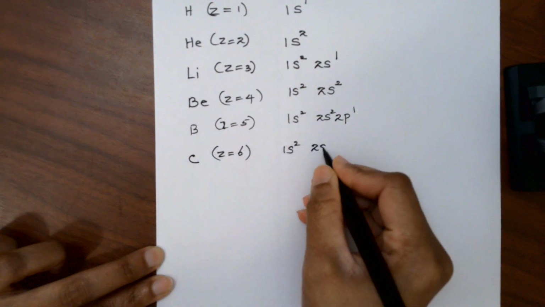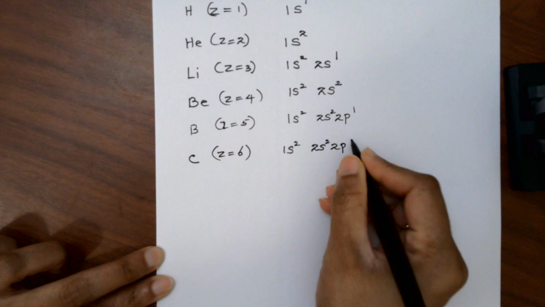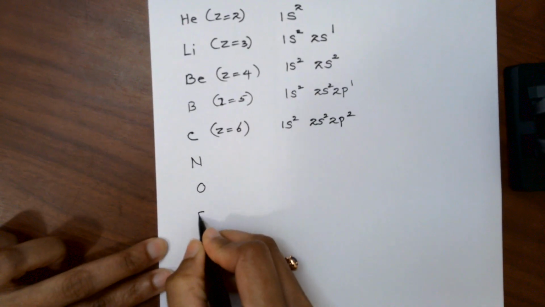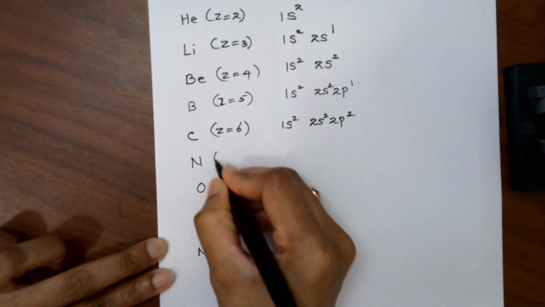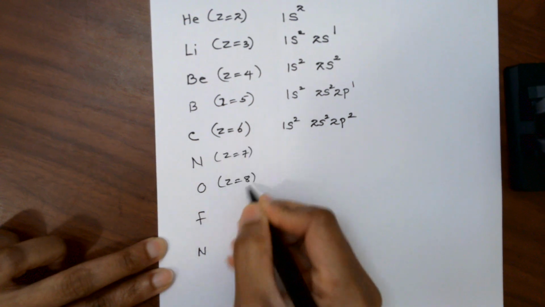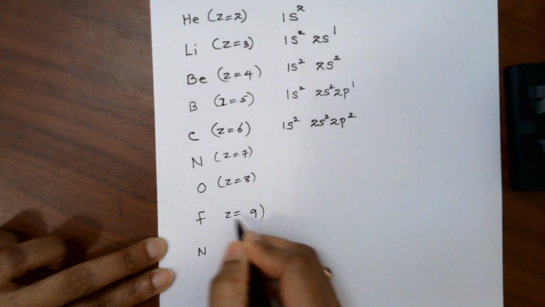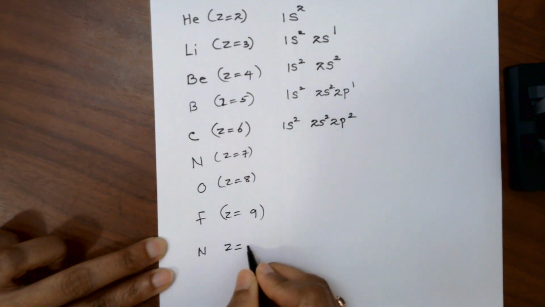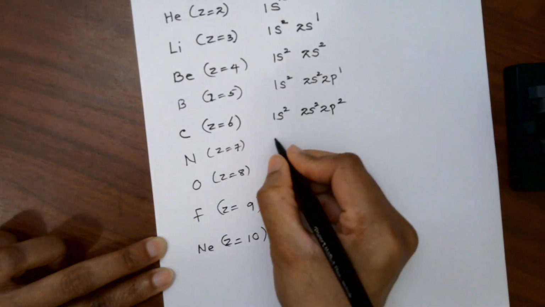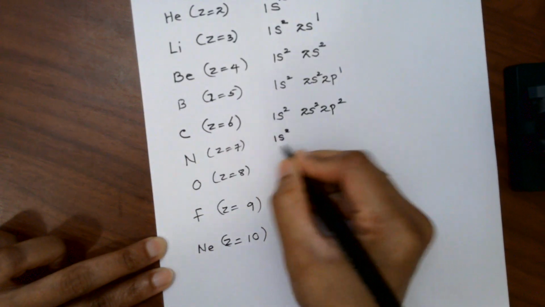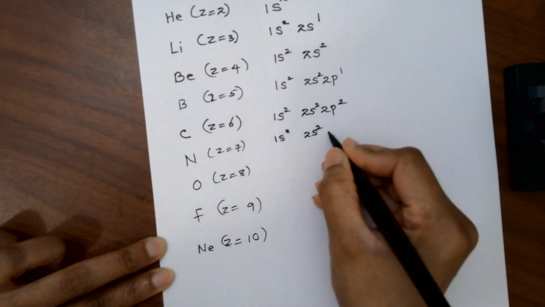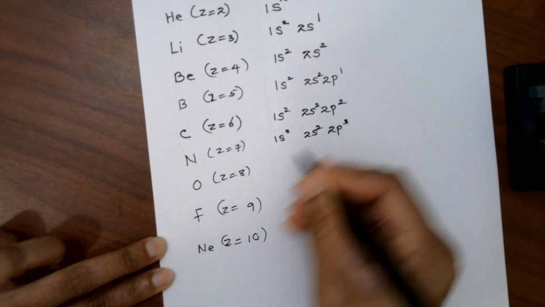1s2, 2s2, 2p2. And then nitrogen, oxygen, fluorine, neon. Z equals 7, 8 for oxygen, 9 for fluorine, and then 10 for neon. So let's fill the electrons: 1s2, since s holds a maximum of 2 electrons in the 1s level, and then 2s2, 2p3 for nitrogen, and